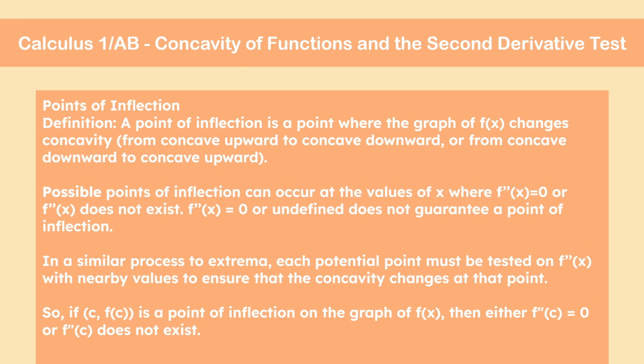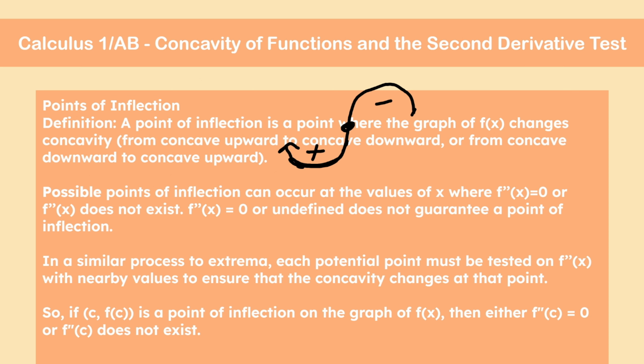Okay, so now let's talk about points of inflection. The definition of a point of inflection is a point where the graph of f of x changes concavity, from concave upward to concave downward, or from concave downward to concave upward. So it would look something like this. This part of the curve is facing up, but this part of the curve is facing down. The point of inflection will be somewhere around here, because the concavity over here is facing up,